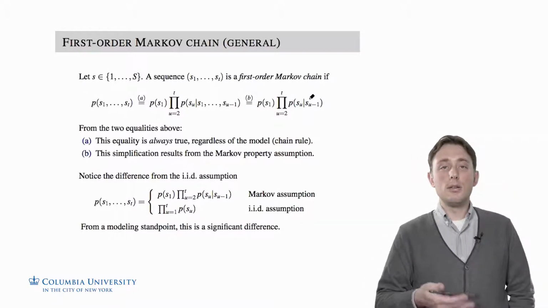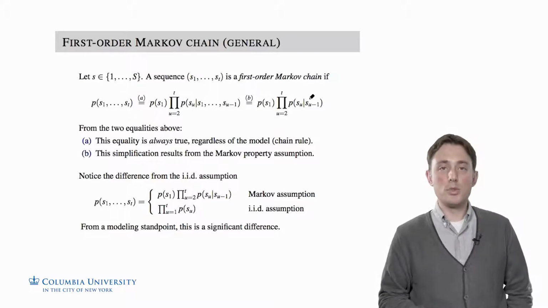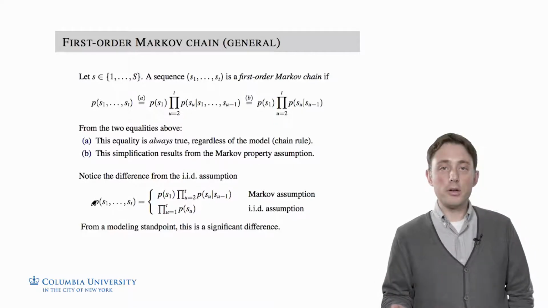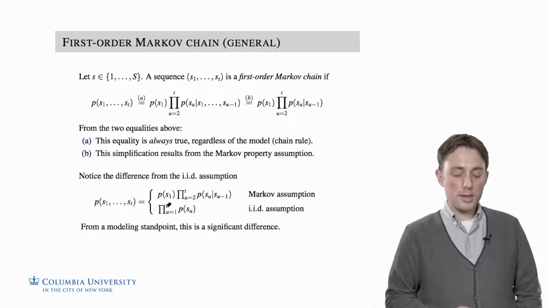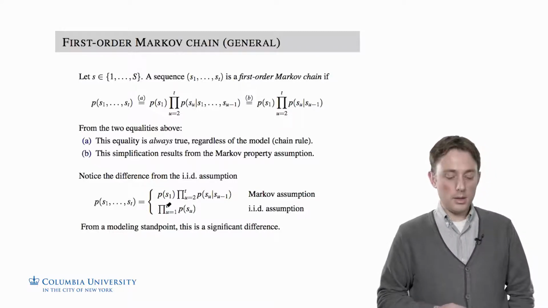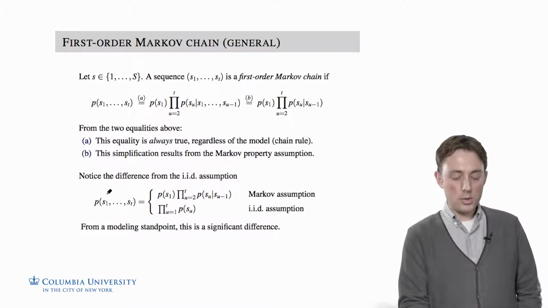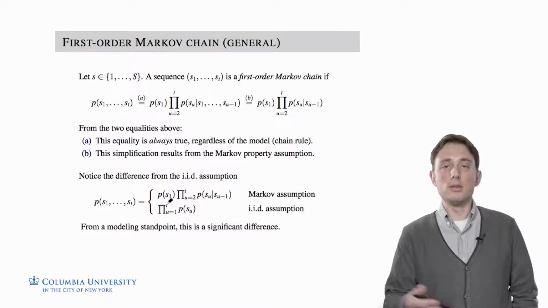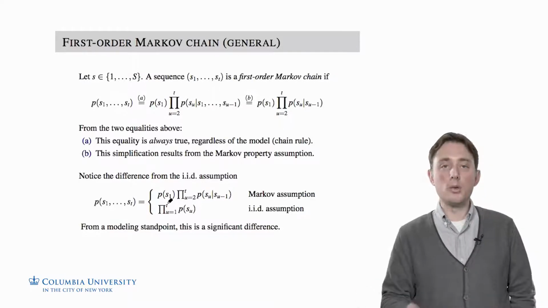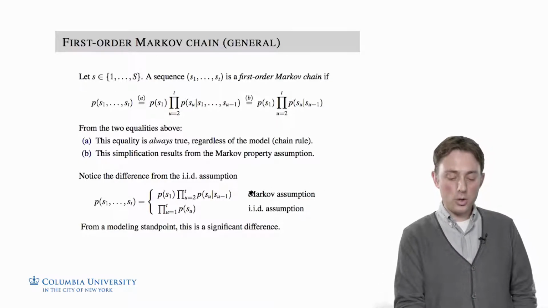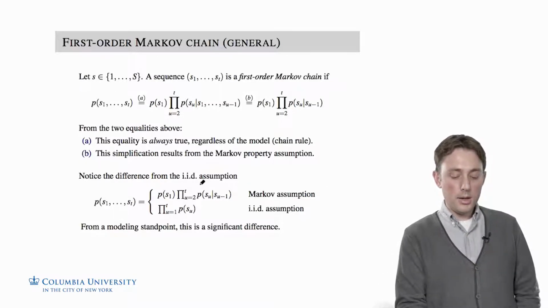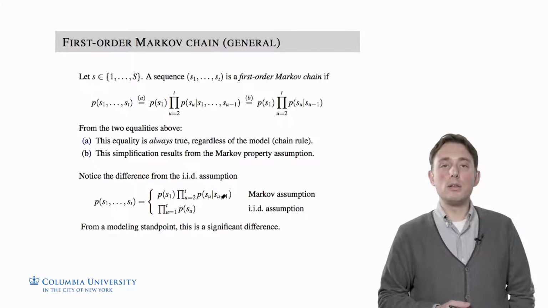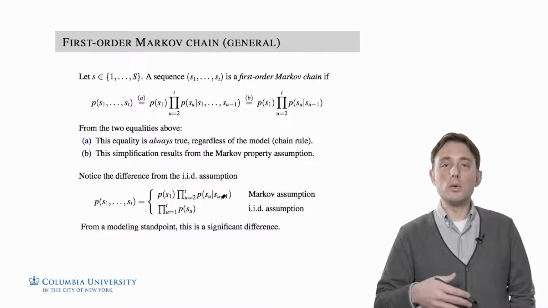So notice that this is a very simple modification of the IID assumption. For the IID assumption, we said that the joint distribution of t random variables is equal to the product of the distribution of each one individually. So this joint distribution, when we make an IID assumption, simplifies to a product of the distribution of each one separately or independently of any other point. Now the first order Markov assumption simply says that the distribution at a given time point is conditionally dependent on the value of the sequence at the previous time point.